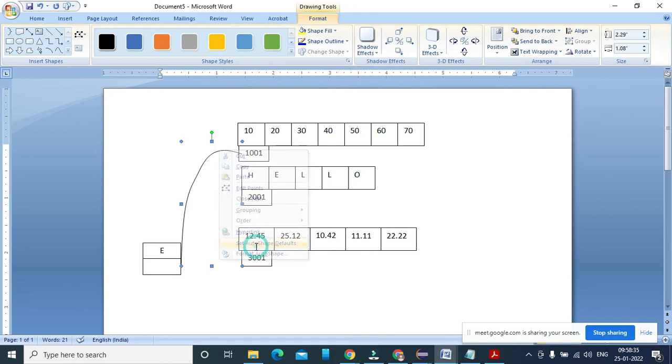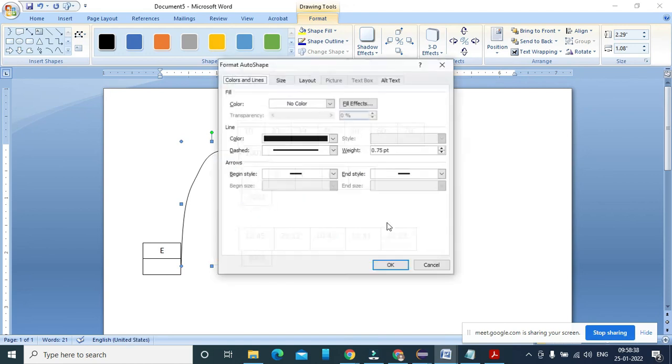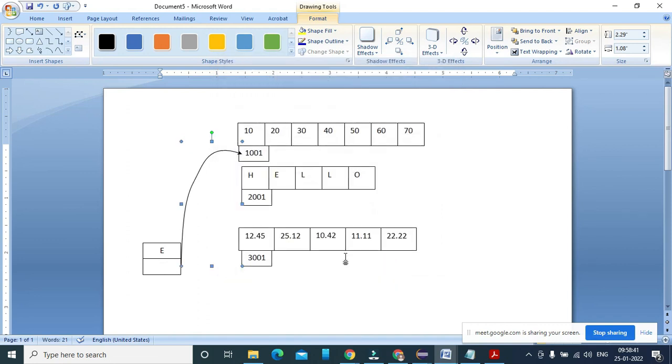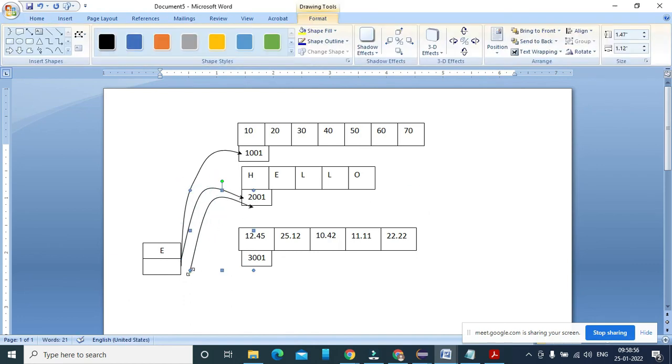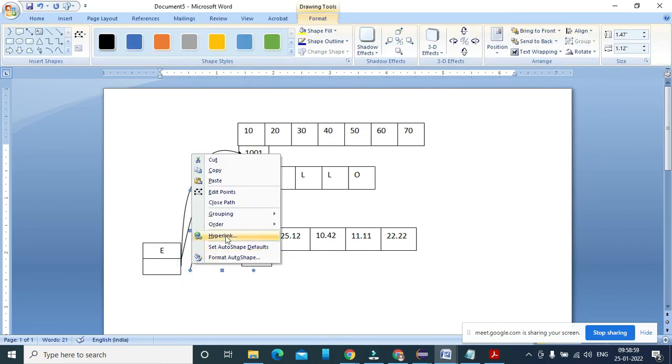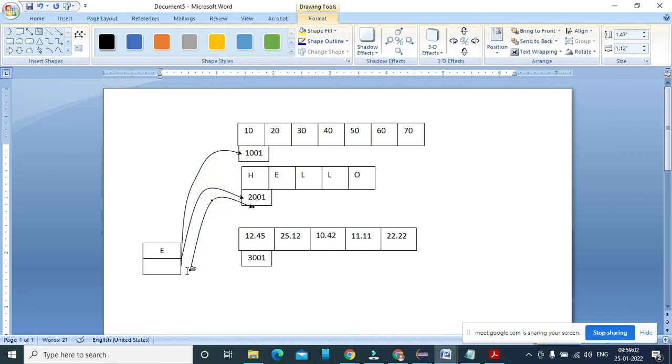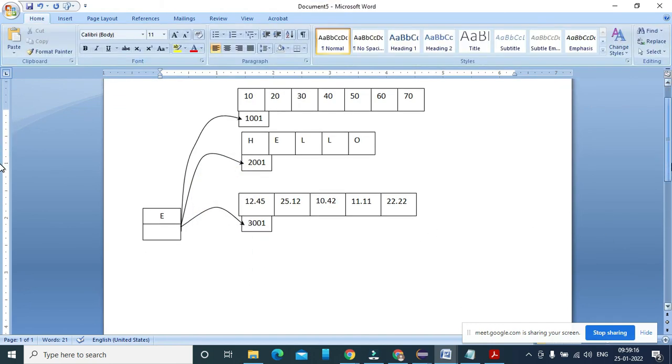The first time it is referring to an array of integer kind. Next time it is going to refer to an array of the character type, and the next time an array of the float kind.